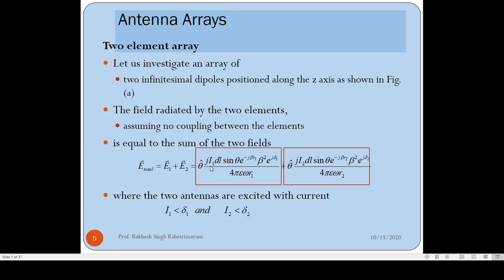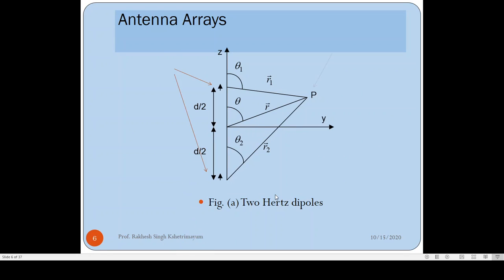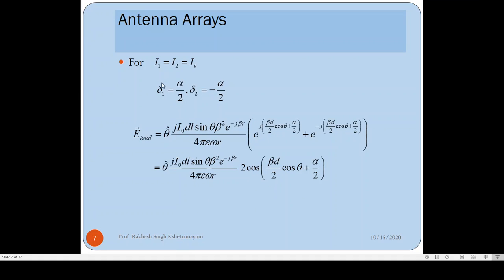Then the currents supplied to Hertz dipole 1 and 2 are different. Let's say the current given to Hertz dipole 1 is I1 exponential j delta 1, and the current supplied to Hertz dipole 2 is I2 exponential j delta 2. So the two antennas are excited with current I1 with phase delta 1 and I2 with phase delta 2. If you assume that I1 equals I2 equals I0, and the phase delta 1 is alpha by 2 and delta 2 is minus alpha by 2, then you can simplify